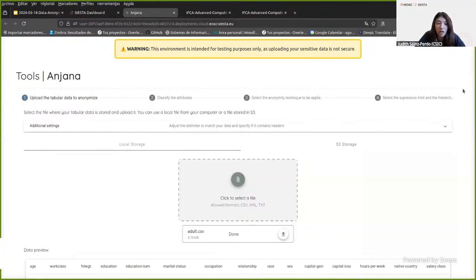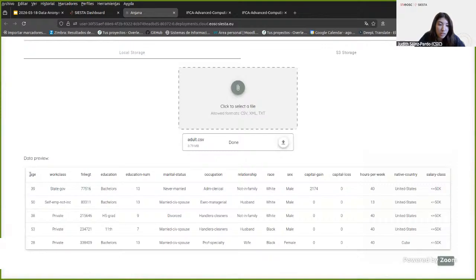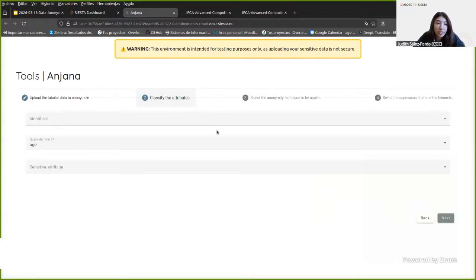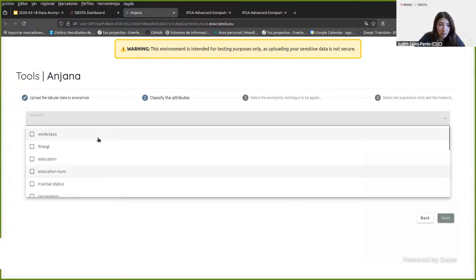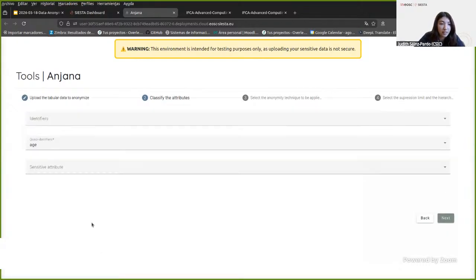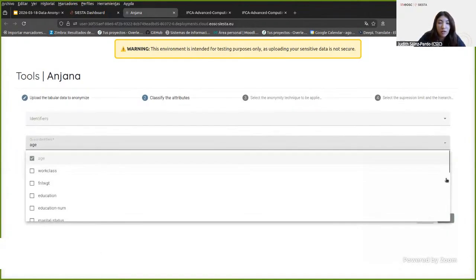So we can upload the data, we can preview the data here, the age, work class, education, different features that are available in this widely known data set, which is an extraction of the census. So of course here, our sensitive attribute will be the salary class. So let's go with the anonymization process. We can select the set of identifiers. In this case, we are not selecting any identifier because, as you can see here, all the features that we